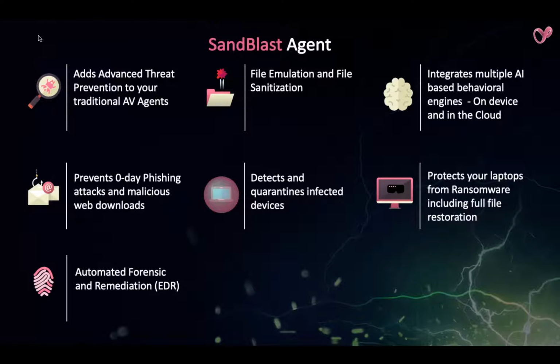For example, you can select threat prevention, which is mainly used to protect from viruses and malware, etc. So you get this threat prevention module. Then you have the file emulation and file sanitization module, which in normal terms is called sandboxing. It gives you the ability to sandbox. The good thing about sandboxing is it does it a little differently. It uses a combination of file emulation and file extraction, or you could say threat emulation and threat extraction. We'll be talking about how exactly the threat emulation and threat extraction modules work in a short while.